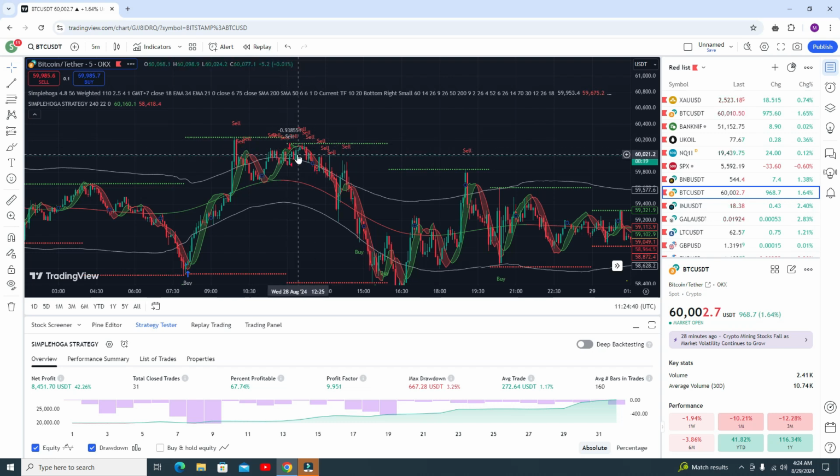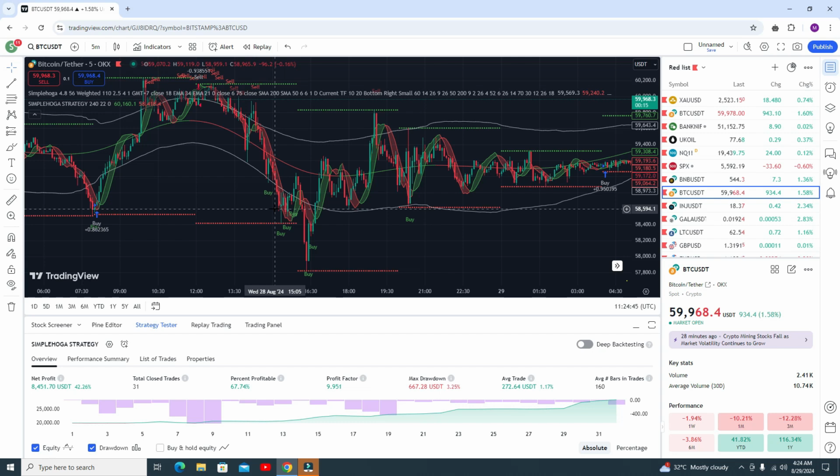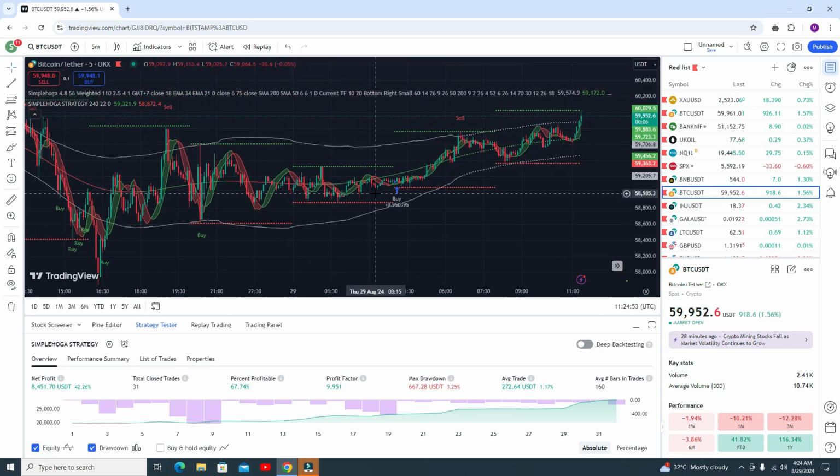This is the most perfect, or you can say double confirmation, sell signal, so you can go for the sell trade and you can book your profit here. Okay, here you can see another sell signal, each condition is true, so you can see you got the profit here. Okay, here you got the buy signal and you can see the market is going upside.